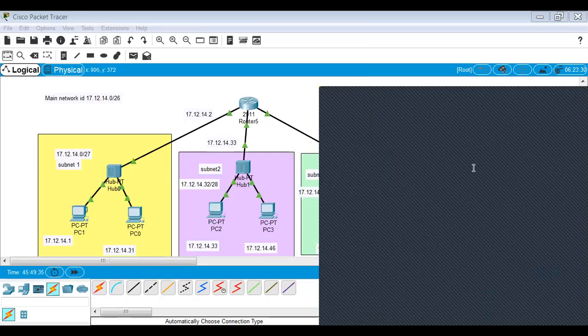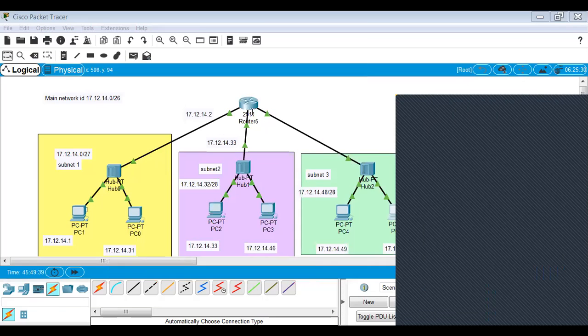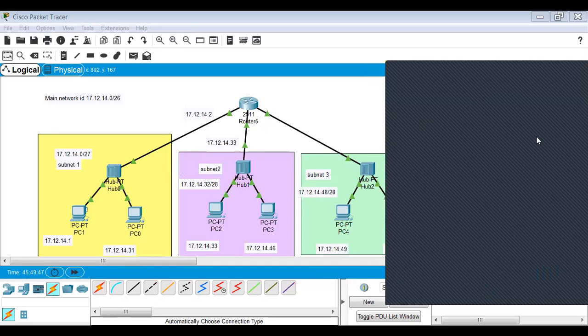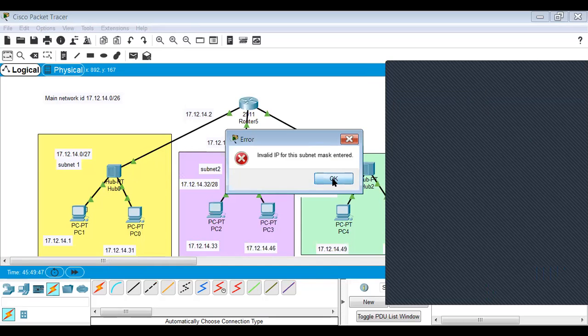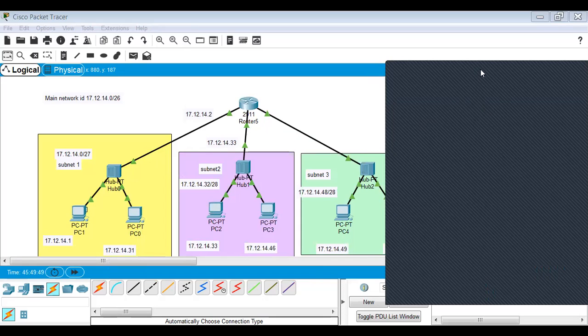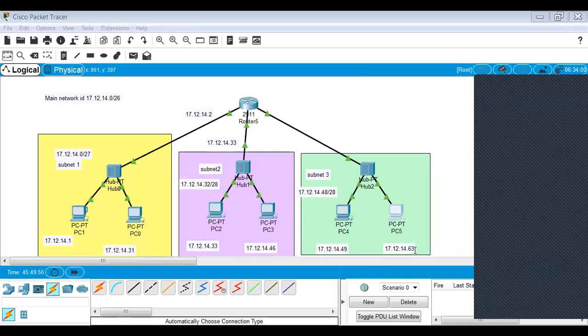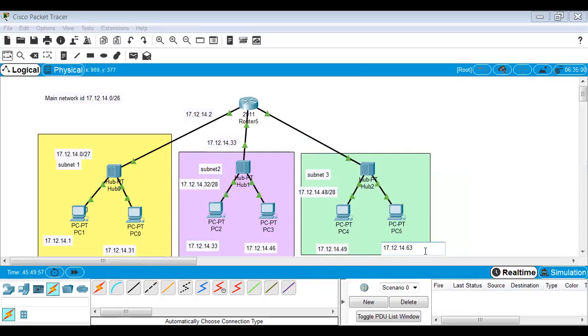Now for subnet 3, what is the gateway? It has to go through this channel. So we had given the IP address as... we cannot give the last address, so we'll just change it to 62.